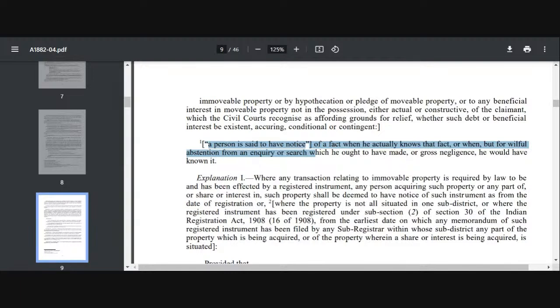Okay, I have notice of the fact. तो ये हो गया about the explanation, ठीक है।